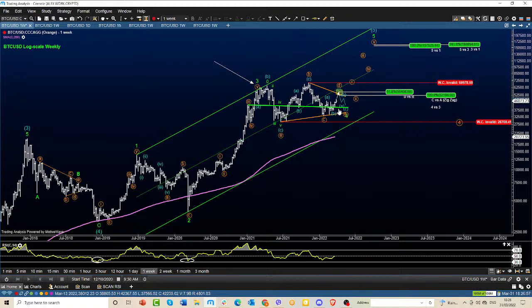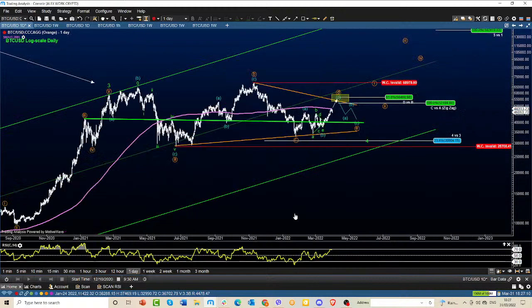Even if we go further and enlarge this picture in Bitcoin, we are looking at this to be a possible D wave on the upside. Legs can be complex in triangles. Usually one or two legs are complex in a triangle.